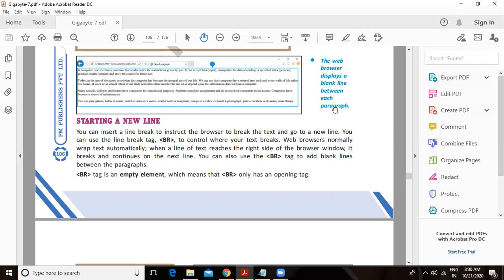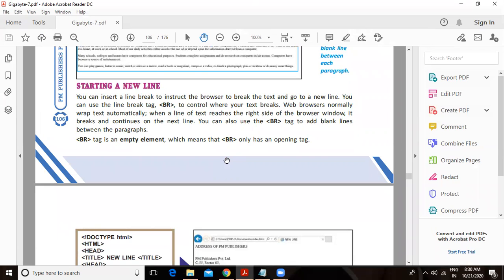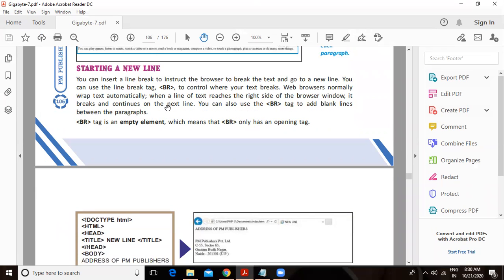By default, web browser ignores white spaces. Whatever extra spaces we are giving, whether with the help of tab, enter, spacebar, they will be ignored by the web browser. But if I want that my text should be displayed on the next line, then what I have to do? I have to use the BR tag. BR is line break tag. It is used to change the line, to bring the cursor to the next line.